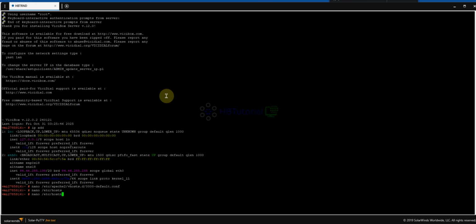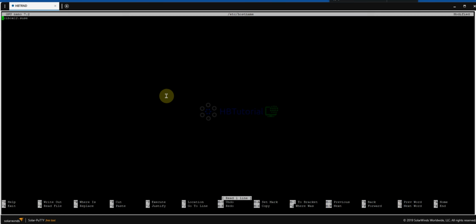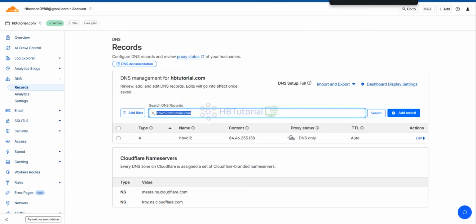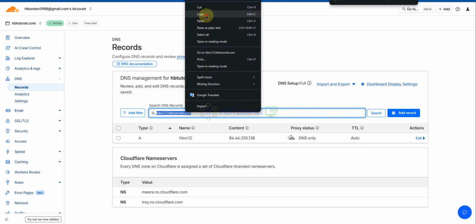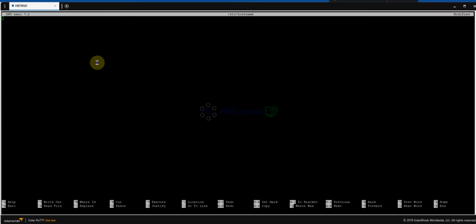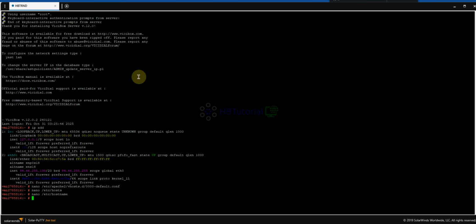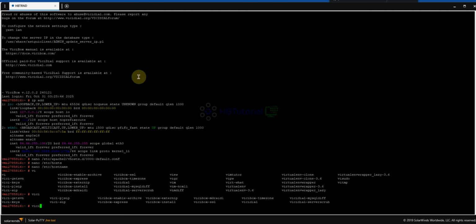And then on the host name, replace this one. Put your, oops, so that's the, okay, copy, paste, okay. And then after that, you can now start to generate the SSL, or double check the firewall first.